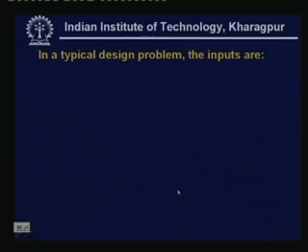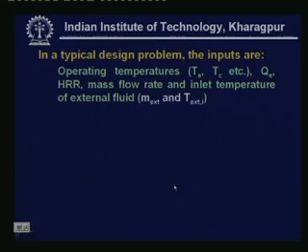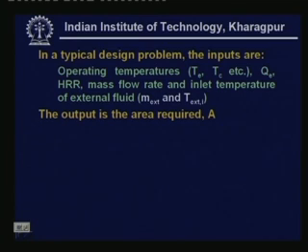So, let us look at a typical design problem. Normally in any design problem the inputs are the operating temperatures, that means the evaporator temperature, condenser temperature, etc., refrigeration capacity QE, the heat rejection ratio HRR, mass flow rate and inlet temperature of external fluid, that is M external, and T subscript external I. Normally these values are available in any typical design problem. And what is the objective of the design problem? Objective is to find out the area required, that is we have to find out A, and the equations available